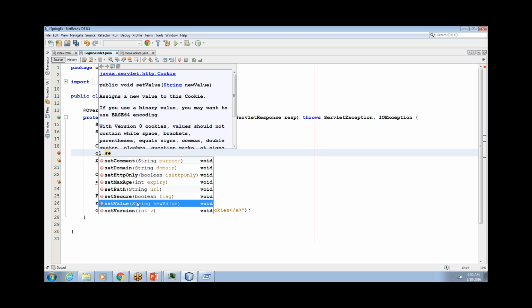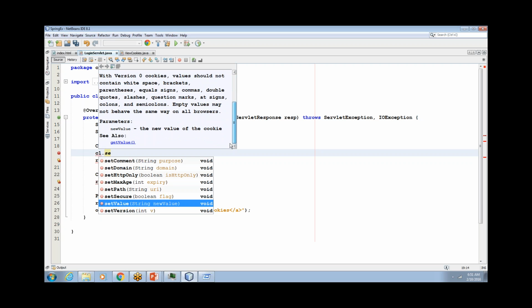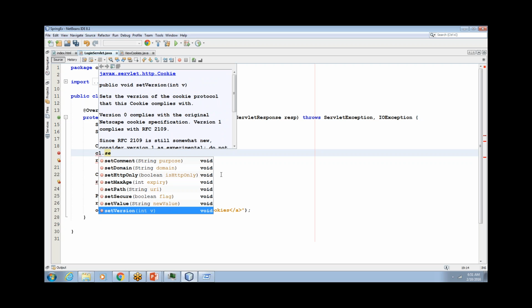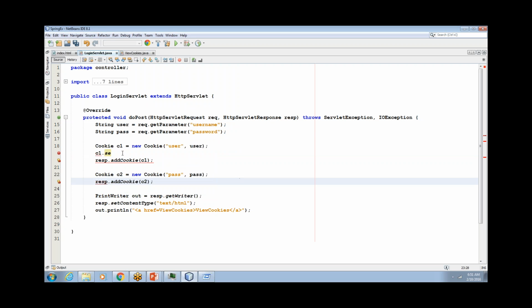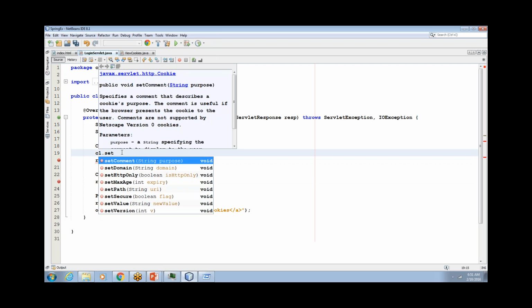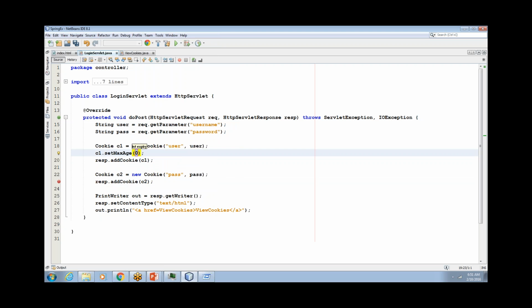And set value assigns a new value to the cookie. And then you can set the version. So this is the version, the cookie's version with respect to the protocols. So you will go with c1.setMaxAge